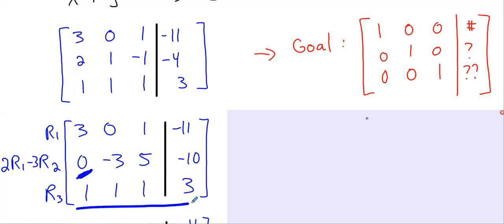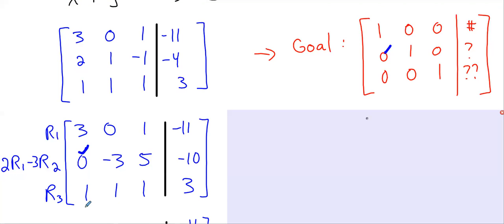Leaving the third row alone. So you just work with pairs at a time. You don't try to get too complicated and do too much all at once, all right? Okay, so now I have a 0 here, so my goal has been met as far as this part is concerned,